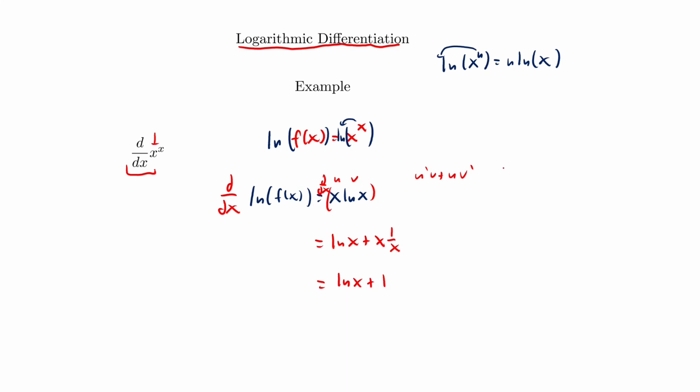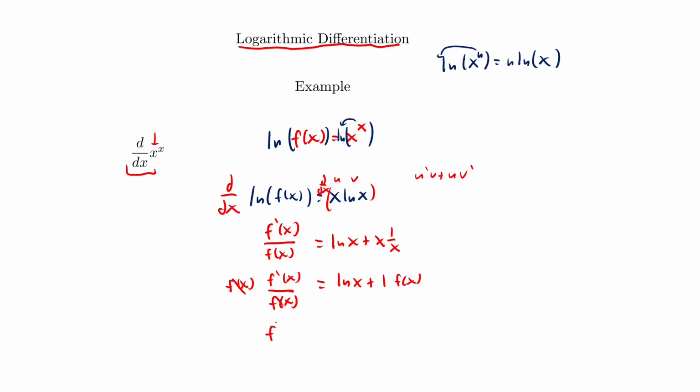Okay, so now if we consider the left-hand side of this equation, what's the derivative of the natural log of some function? Well, last time we saw that if we wanted to take the derivative of the natural log of some function, that's going to be the derivative of that function divided by the original function. So we'll just bring this down. And now we're just going to rearrange this and solve for f prime of x. So notice if I multiply both sides by f of x,